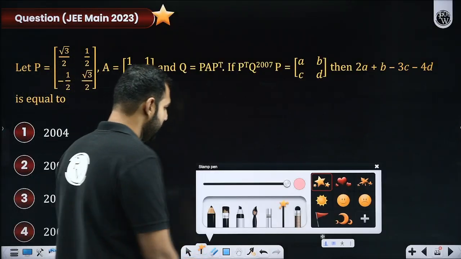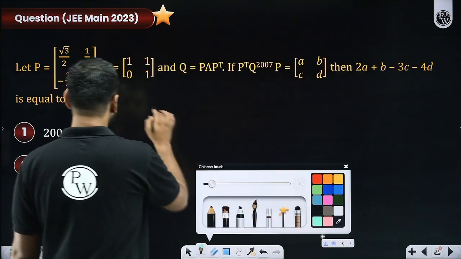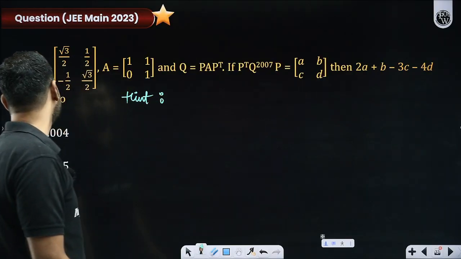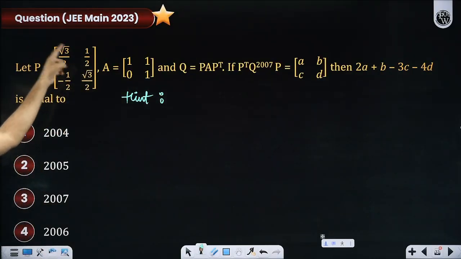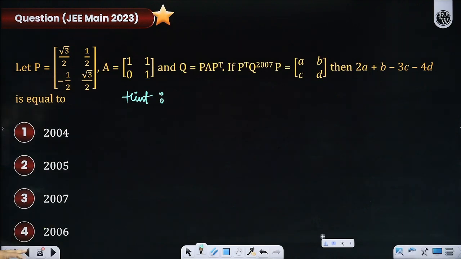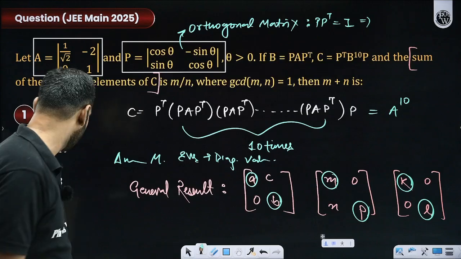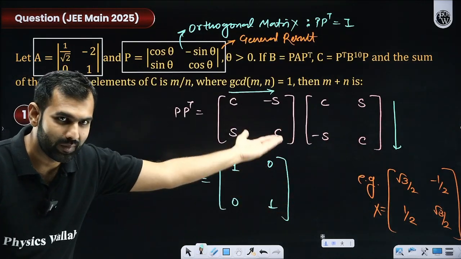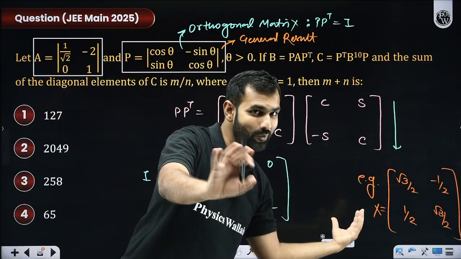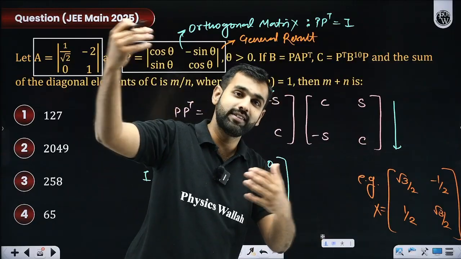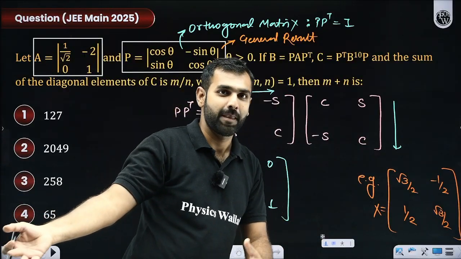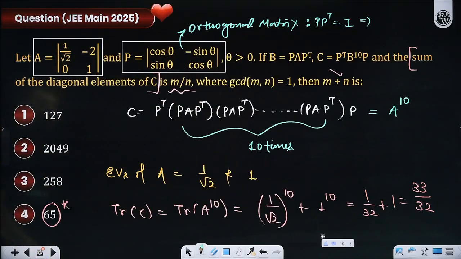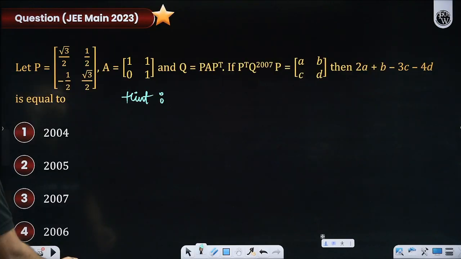So, sir, still you're supposed to give us the hint. I will, but I'll try to stop myself from solving it. So, hint, if I could give you: look at this P, and look at what I have just told you a few moments ago. This is not a new kind of question, Jagrati. This is that same question only. Notice the details. I hope you're realizing cos, sine, cos. I hope you're noticing.